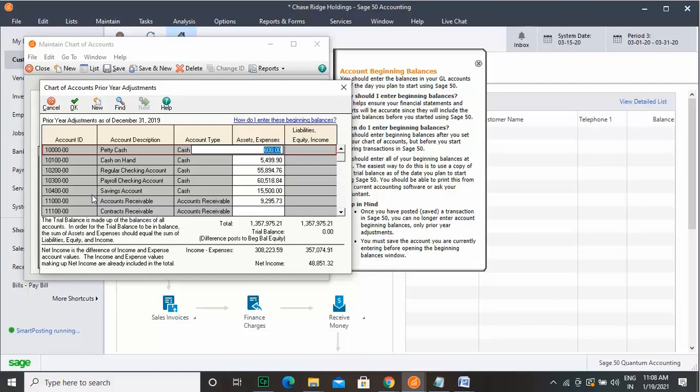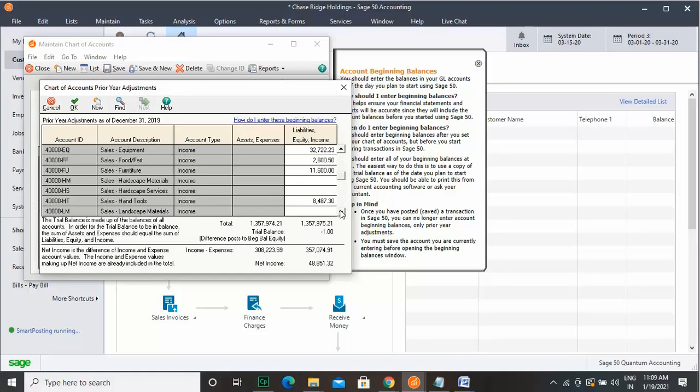You can add the balance to the assets expenses column or the liabilities equity income column. Ensure that you enter all the information that is necessary. When you are done with the